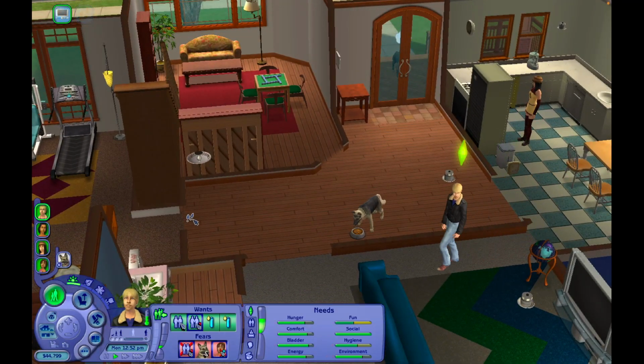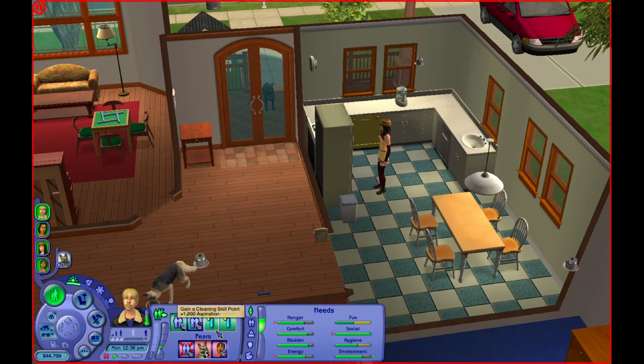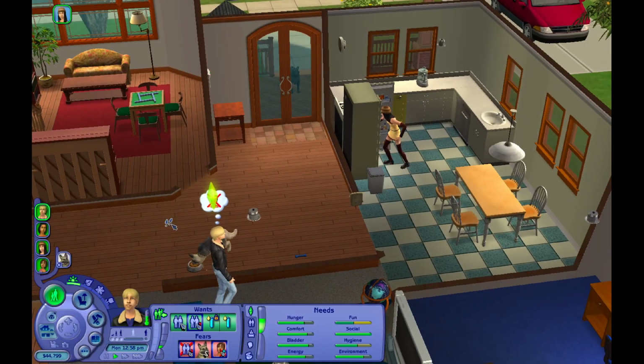I was going to have him kind of be like, hey, I think we should do something. So instead, let's have him go over to Fern here. What does he want to learn? Gain a cleaning skill, gain a cooking skill. We can have him want to gain a cleaning skill. Can he come over here to Fern and chat with her? I think he's going to be like, hey, Fern, I really want us to...